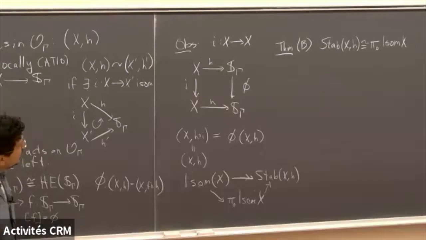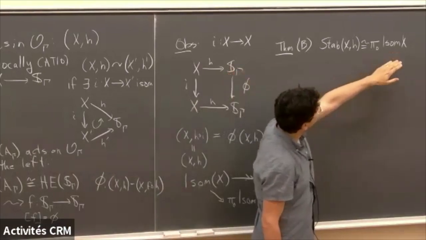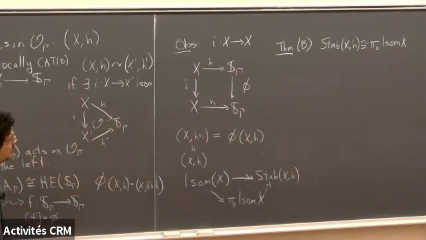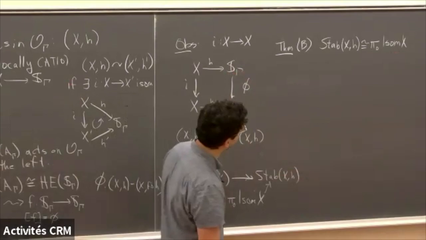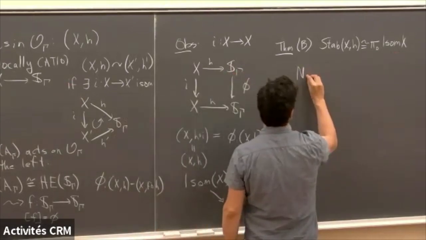Okay, so this says that at any point in the space, the connected components of the isometry group will give us a finite subgroup of Out(Aγ). And the sort of converse to this is what the Nielsen realization problem is about. So, Nielsen realization